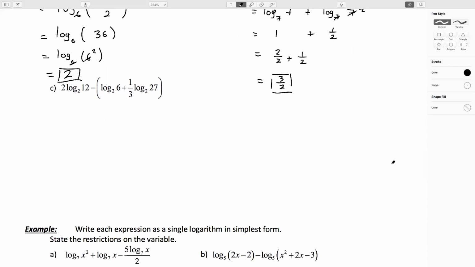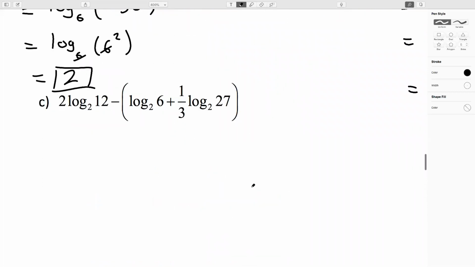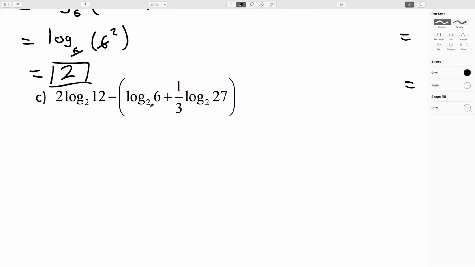All right, one more of these. This one's quite ugly, but it's doable. You might need a bit of space, so I'm going to zoom in. 2 log base 2 of 12 plus or minus log base 2 of 6 plus 1/3 log base 2 of 27. So first thing we need to do is deal with these brackets, because I know if